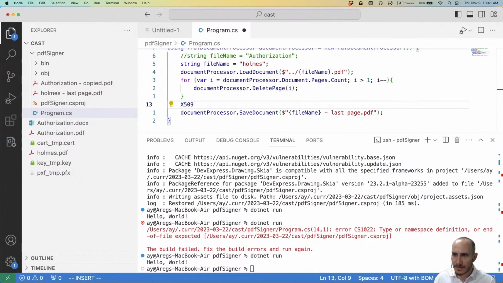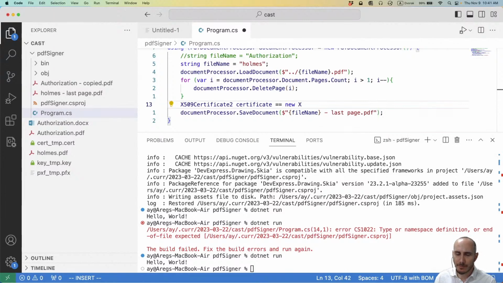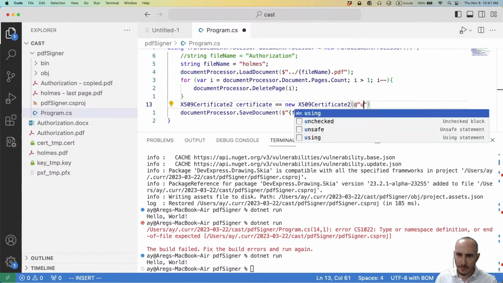So X509 certificate 2, and I don't want to call it certificate 2, and I'll just go ahead and point it to my temporary X509 file, which was, I think, pfx underscore temp. So certificate 2, and I always like using raw strings, maybe not for good reasons, but let's go ahead and point this to, I